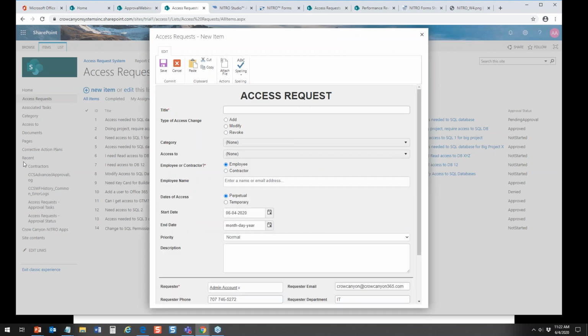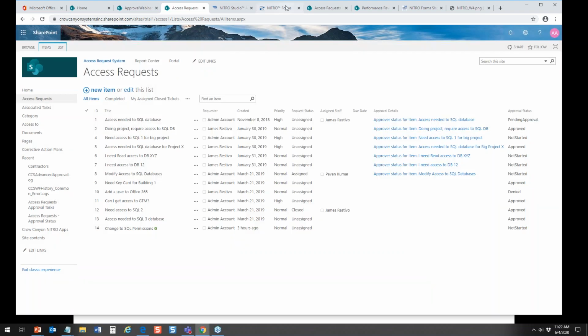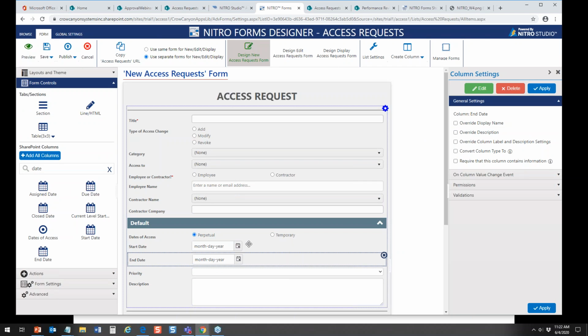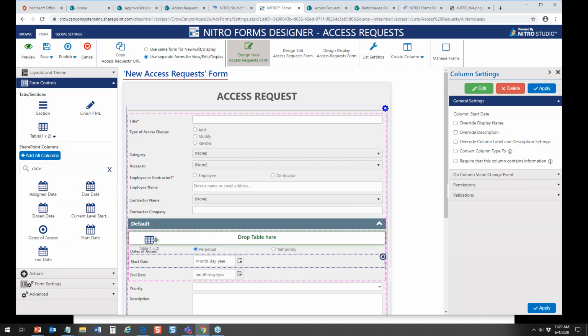We now have dates of access, temporary, perpetual, temporary, like that. But maybe we want to change that a little bit. We want to make these in line with each other. So in that case, we would go to a table and make a 1x2 table like this. Add that table to the section where we want it to go,